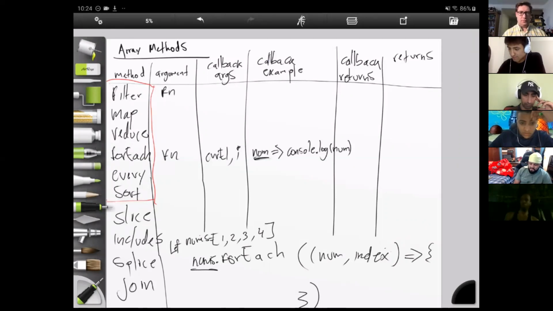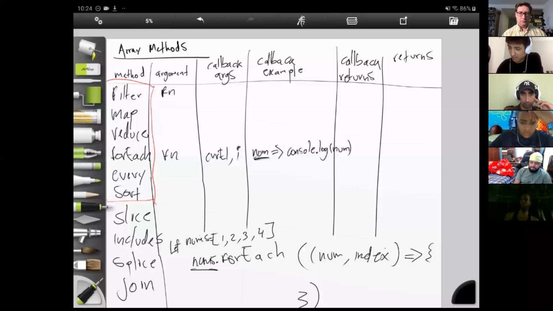I think it returns an array. The callback? Yep. I think it does one return for each index number. Well, it could do that,